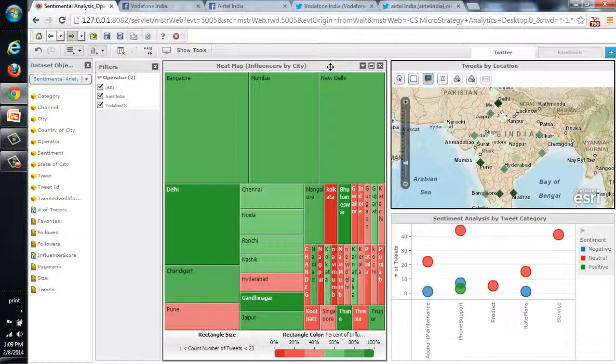The heat map basically gives you an indication of the number of tweets that are coming from a particular city, and the kind of influence those tweets have on the social media platform itself. For calculating the influence, we have derived a term called influence score. The score is based on the page rank of a particular person who is tweeting, the number of followers he has, and the number of tweets he is making. We have assigned some weightages, and based on those weightages and these three variables, we have arrived at the